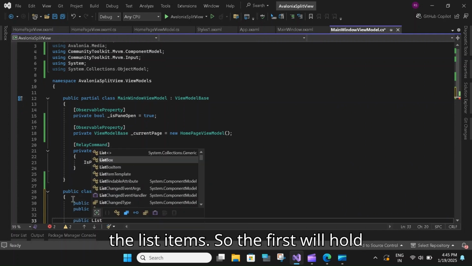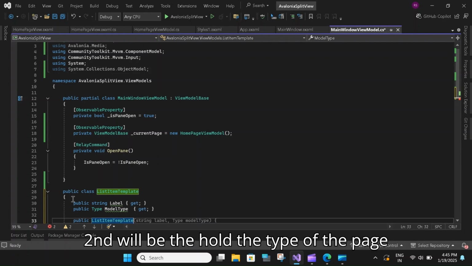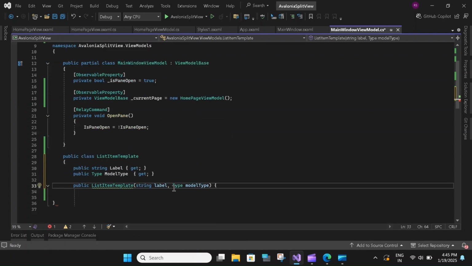So the first will hold the label for the page, and the second will be the type of the page, which we will send to the